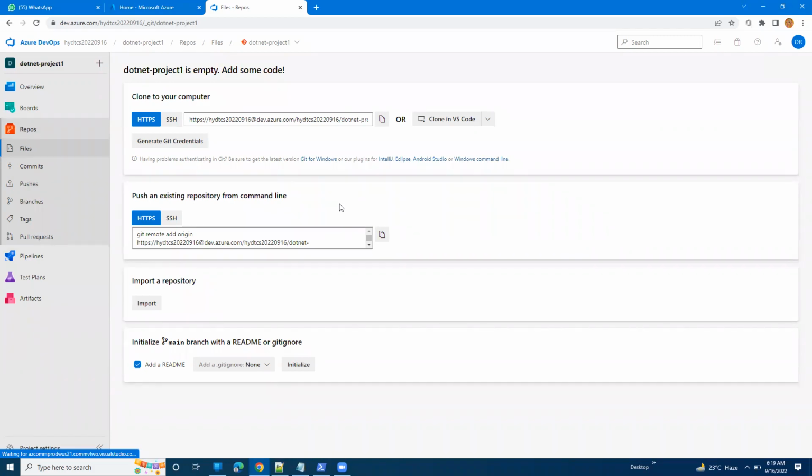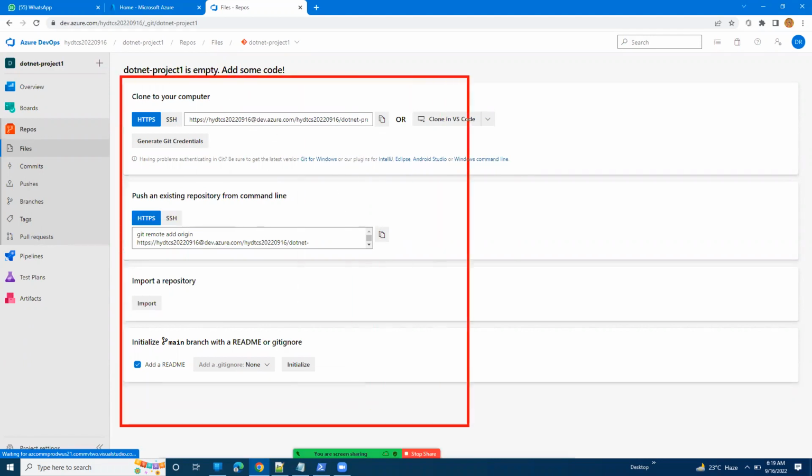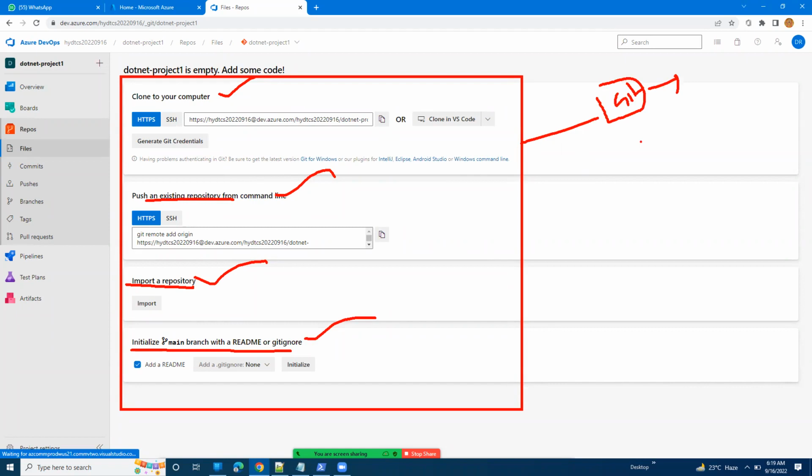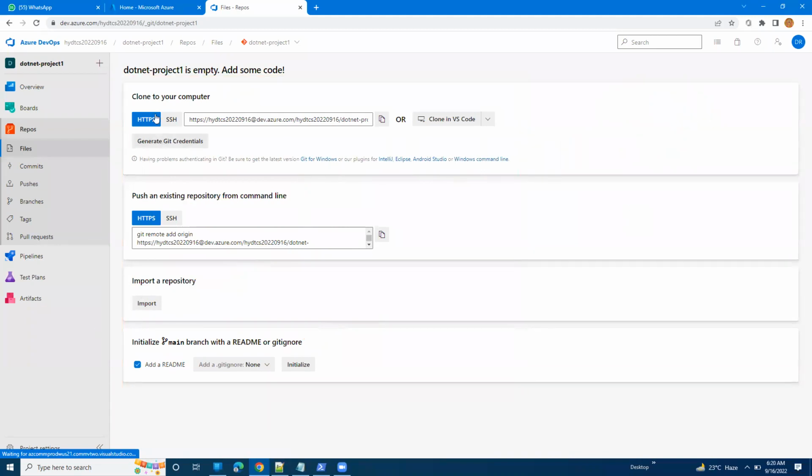Repos can be maintained in Azure DevOps four ways. One is clone to your computer, push an existing repository, import repository, initialize the repository. Four ways we can maintain it. I will show you how to integrate Azure repos with GitHub. GitHub is now a Microsoft product. GitHub was acquired by Microsoft in 2021. Now, first I am going to initialize the